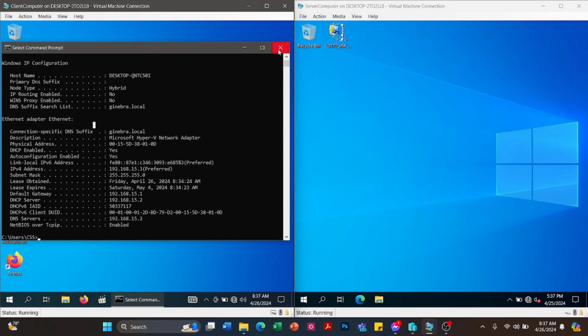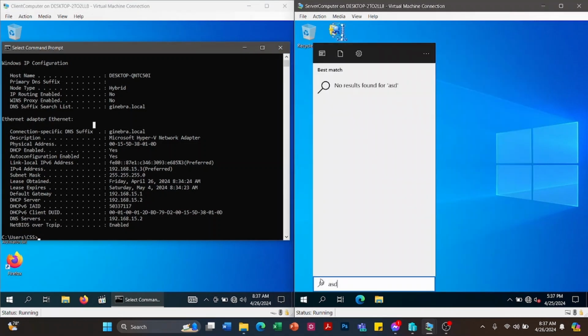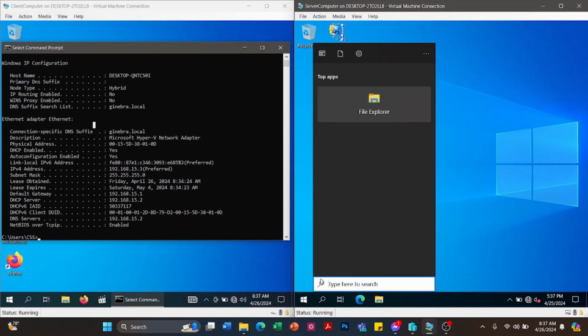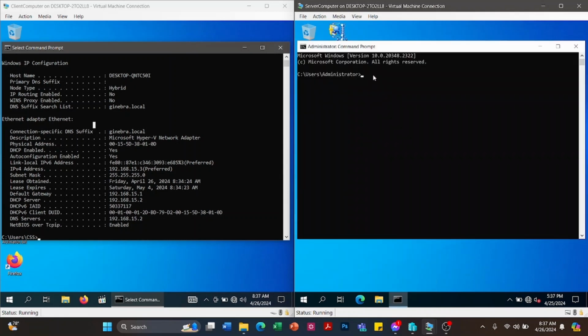Okay, so let's ping for us to verify their communication. So let's open the command prompt on the server computer, then ping the IP address of the client computer, which is 192.168.15.3. So enter. Okay, so it is replying.